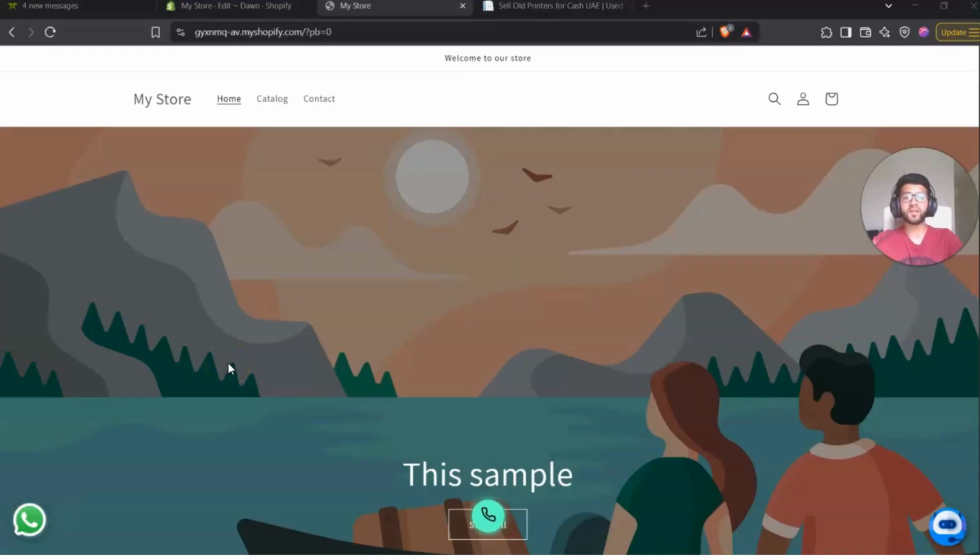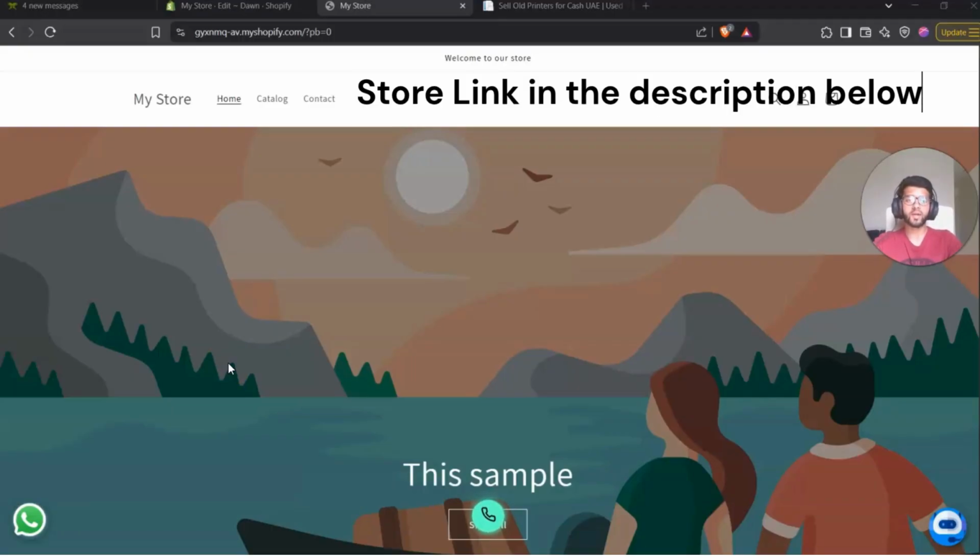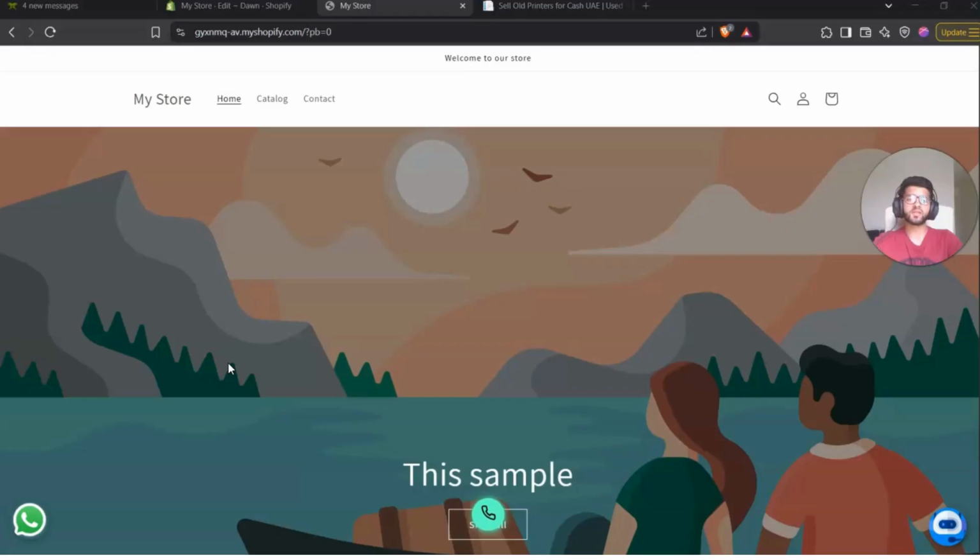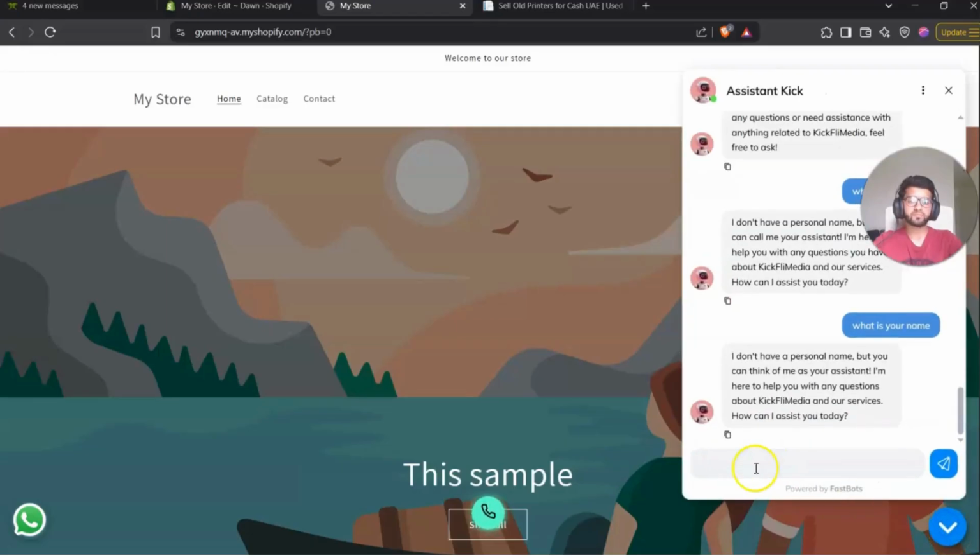Okay guys, so basically this is an overview, or you can say a demo, of what the project is going to look like at the end. I just wanted to show you so you can check it out and understand how it's going to be. This is a Shopify store, and there's a chatbot that I have put inside of here. When you click on this icon, you can come over here and ask any question to the chatbot. For example, I'm going to ask,